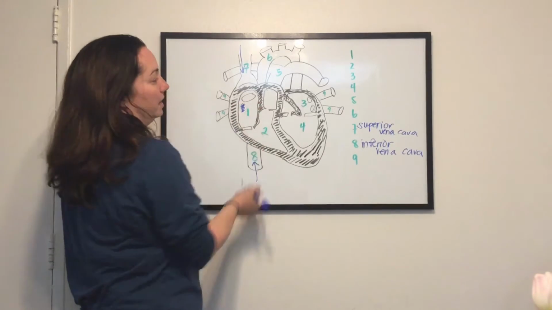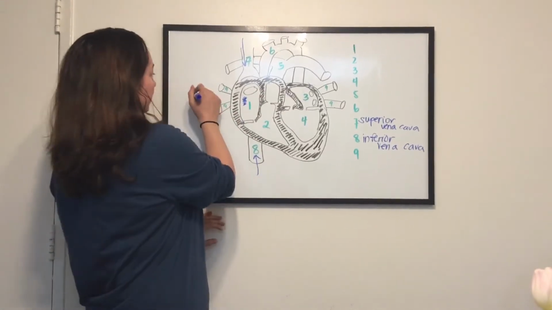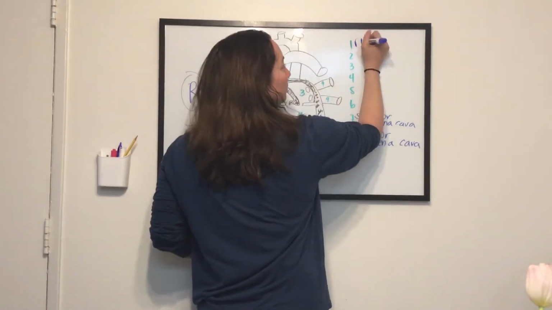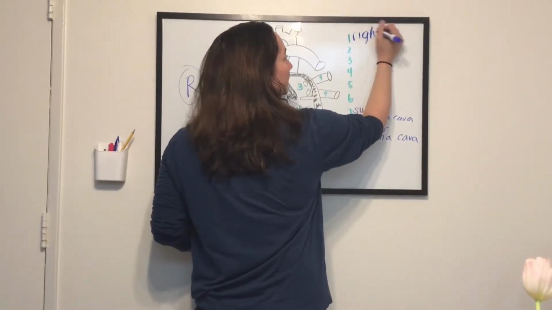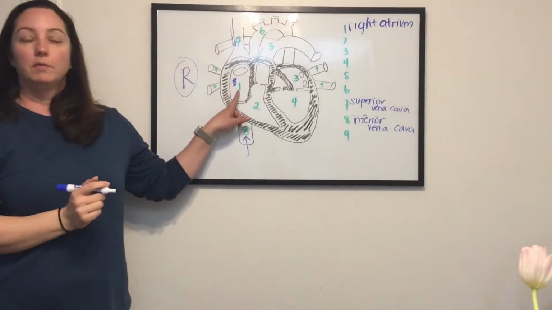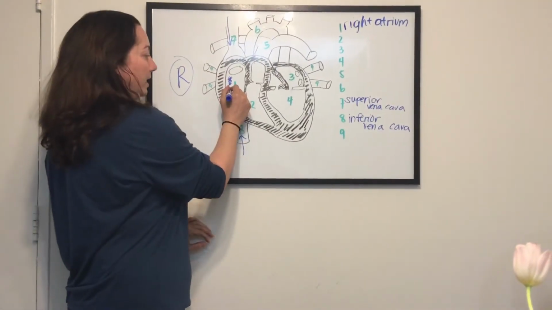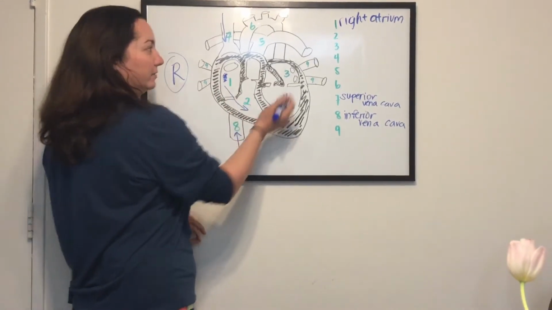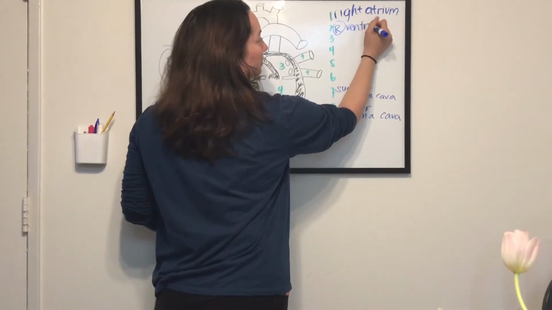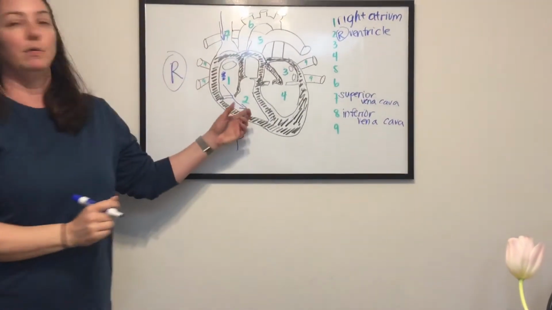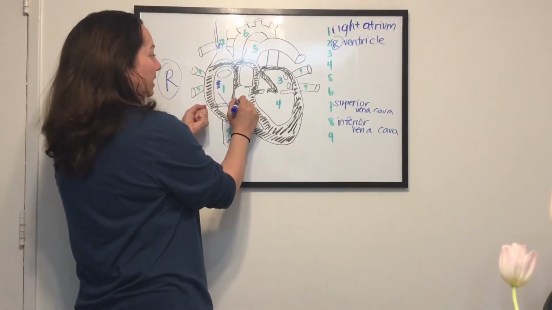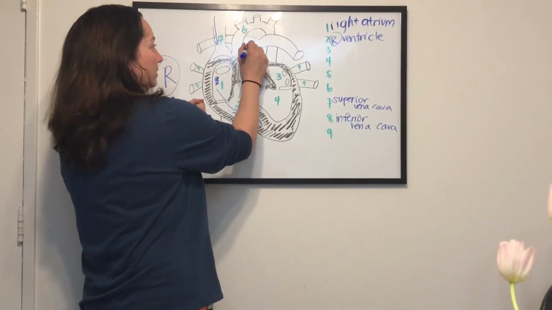So I'm going to just color it. Number 1 is the right side of your heart. So I'm going to label R for right side of your heart. And that's your right atrium. From there, it travels down from the right atrium into the right ventricle. So I'm just going to shorten this, right ventricle. And when your heart contracts, the right ventricle squeezes and blood flows out from the right ventricle and out